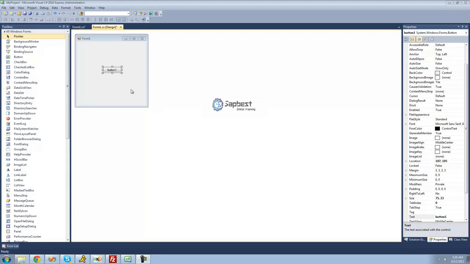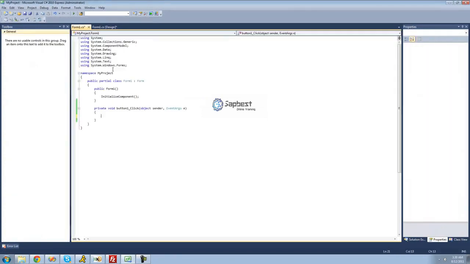So all you're going to need for this tutorial is a button, and once you have it on your form, just go ahead and double click on it. Alright, so I'm sure you've heard about variables before, and a variable is basically just a placeholder. It basically just holds the value of something, and then you can access it by simply typing the name of